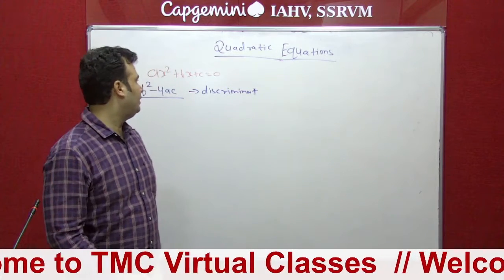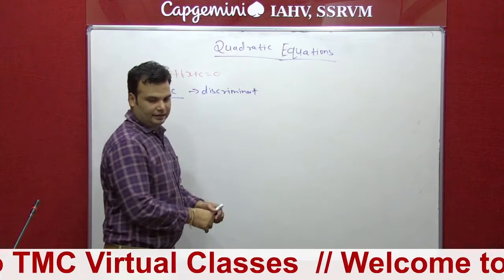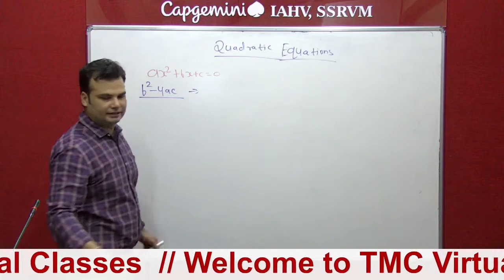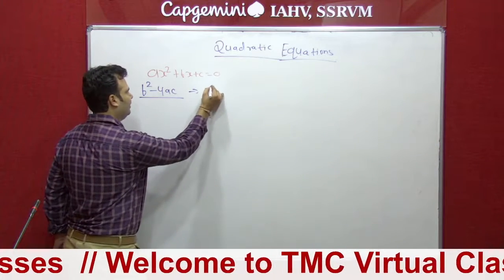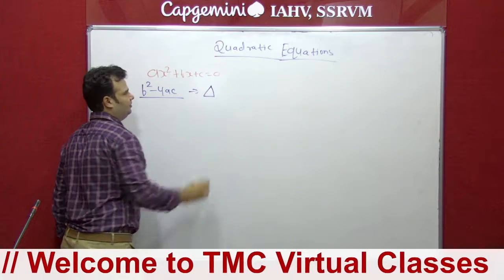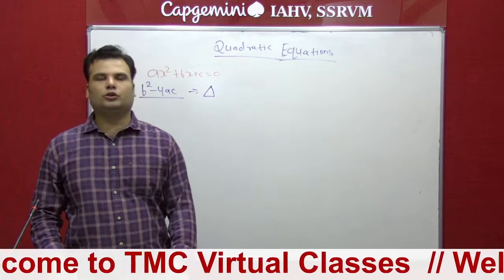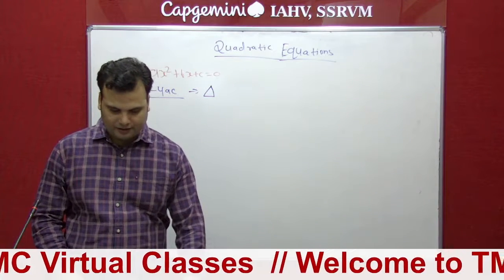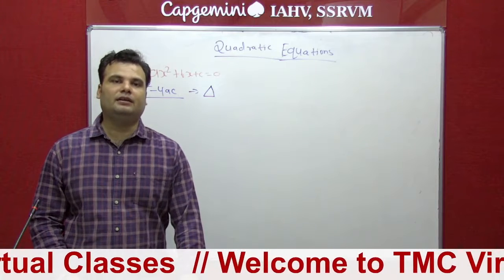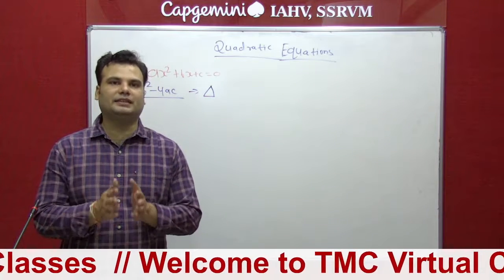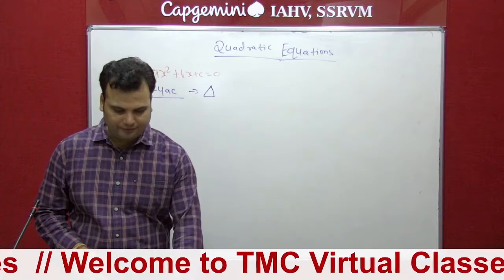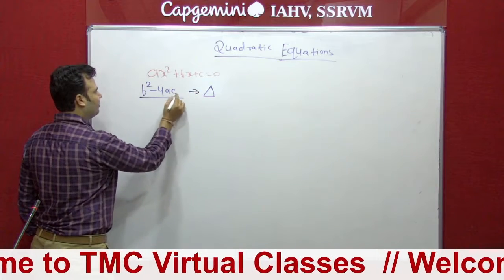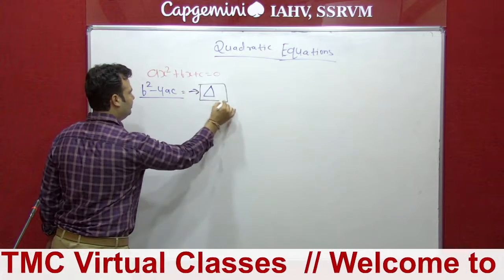This is very important, and remember that the discriminant is also represented by a Greek letter, known as delta. So remember the three conditions. In the exam they will ask you to find the value of the discriminant for a quadratic equation and decide the nature of the roots. The nature of the roots has three important conditions you have to remember. This one is very important, student, you have to remember it. b square minus 4ac is also called delta, the discriminant.